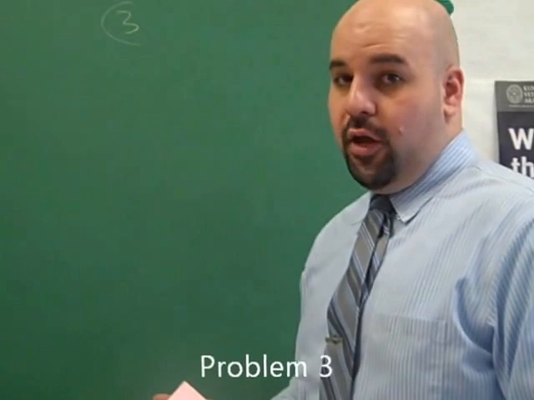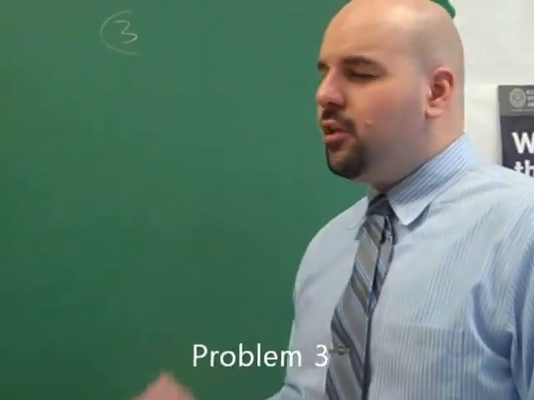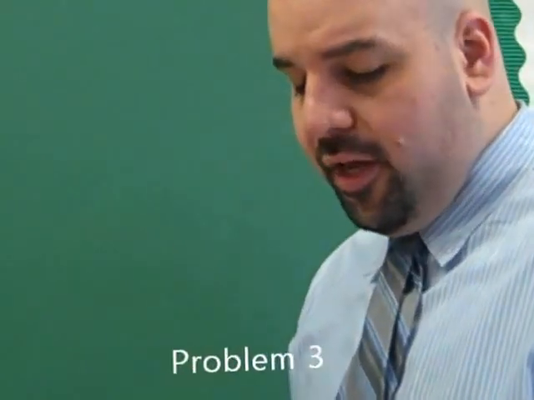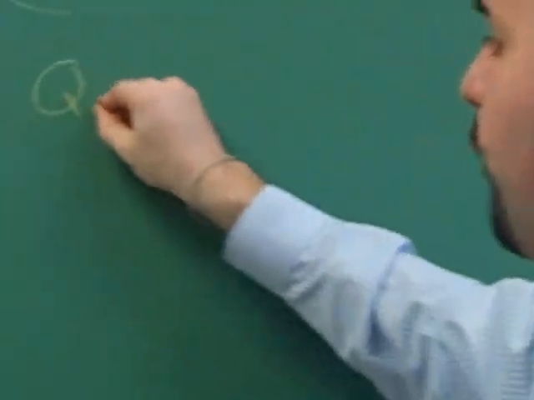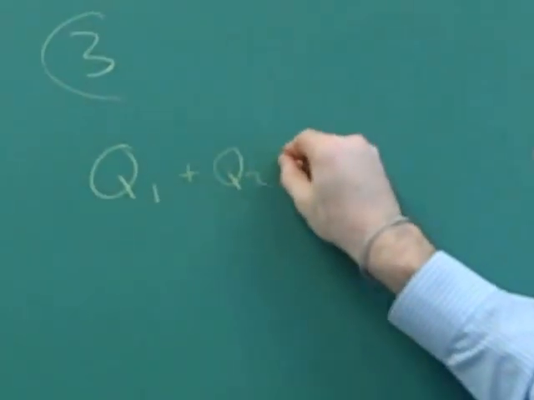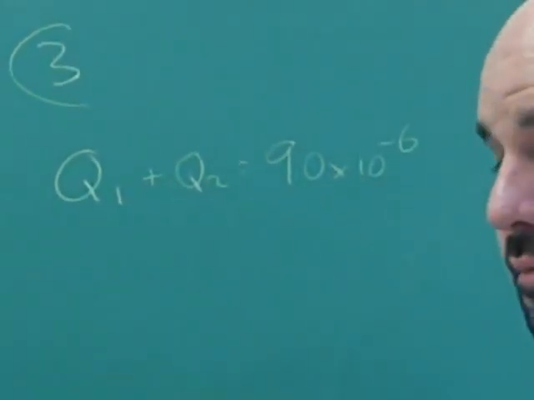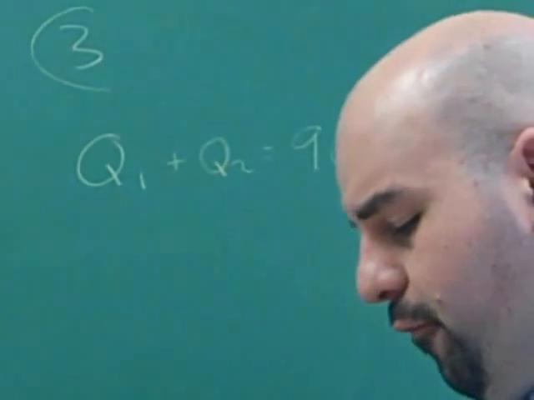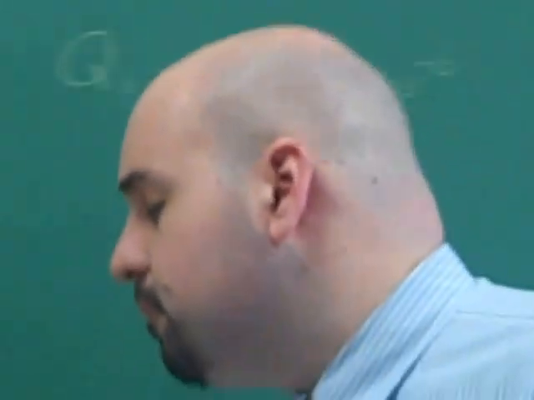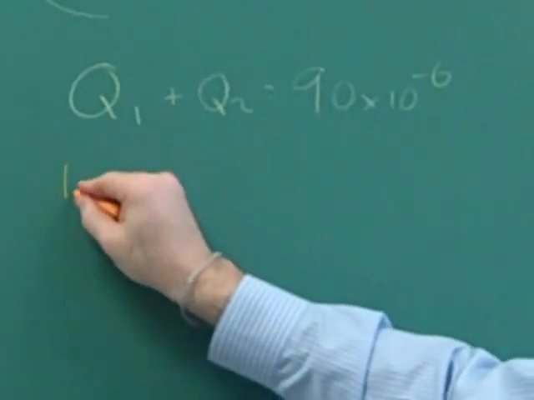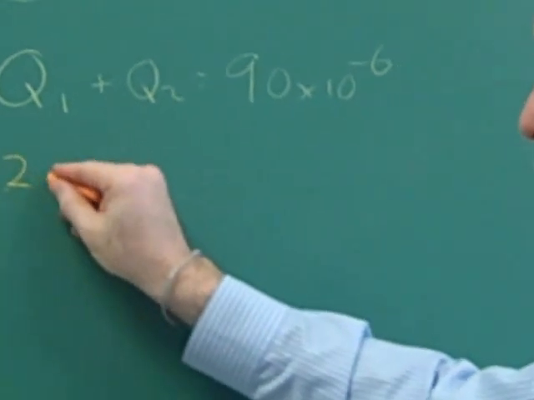And now for number 3. In number 3, you kind of talked about in class, and you're a little unsure about it. It reads, 2 spheres have a total charge of 90 microcoulombs. 2 spheres each have their own charges. That's my statement. And then they feel a force when placed a certain distance away. They feel 12 newtons